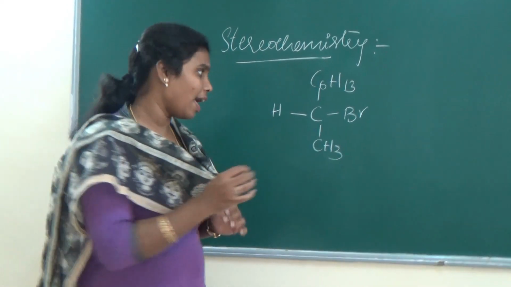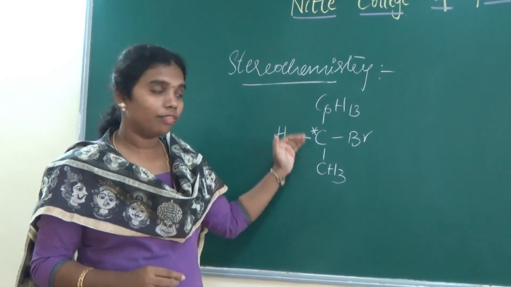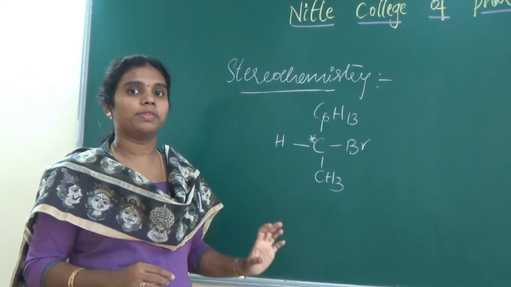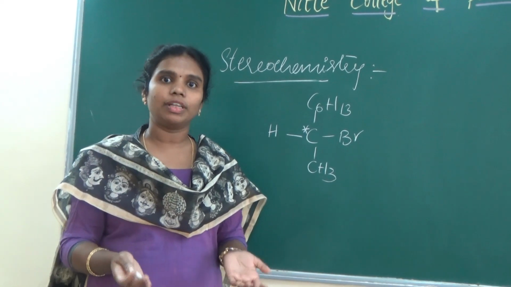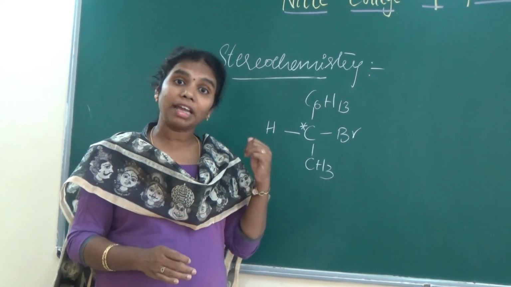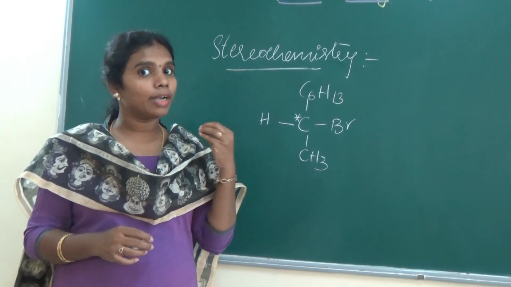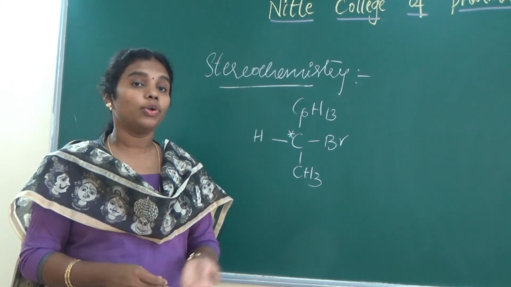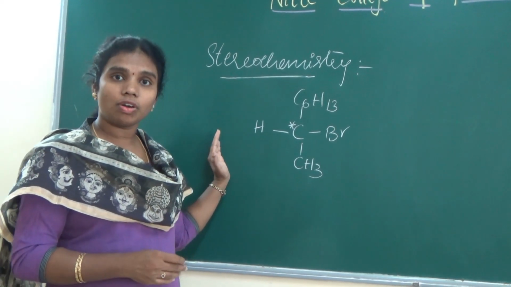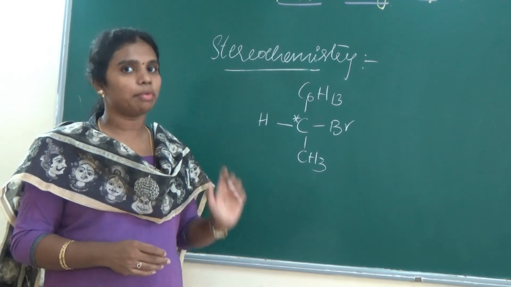See, if it has a chiral carbon or center, a carbon which contains all 4 asymmetric groups, only then is there a possibility of optical activity for that particular compound. In the mechanism, we studied methyl bromide, which has all 3 hydrogens, so it is not an optically active compound. To show you the stereochemistry of this SN2 mechanism, I have to take an example which contains an asymmetric carbon.